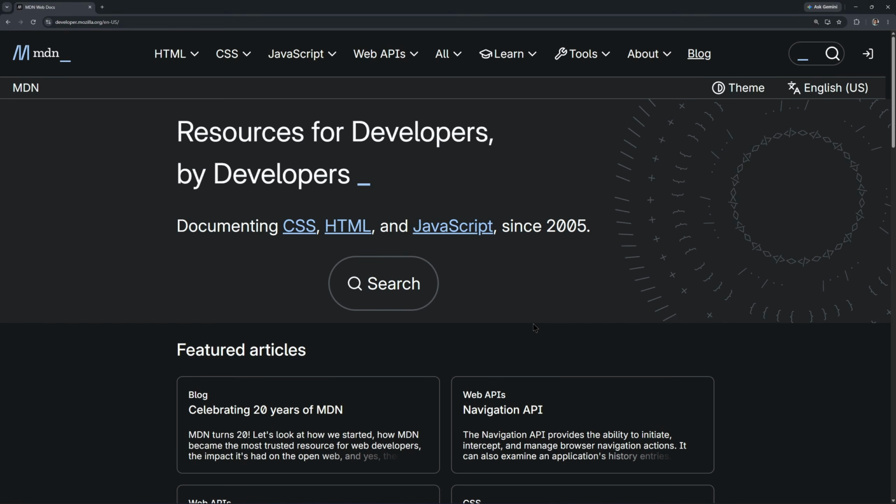Hey, welcome back. So before moving forward with writing our JavaScript code, I just wanted to discuss the MDN, the Mozilla Developer Network. It is by the Mozilla company, which develops the Firefox browser. This is a great resource for learning JavaScript, and it is the closest thing you will find to a documentation for JavaScript. Okay, so as you can see, resources for developers by developers, documenting CSS, HTML, and JavaScript